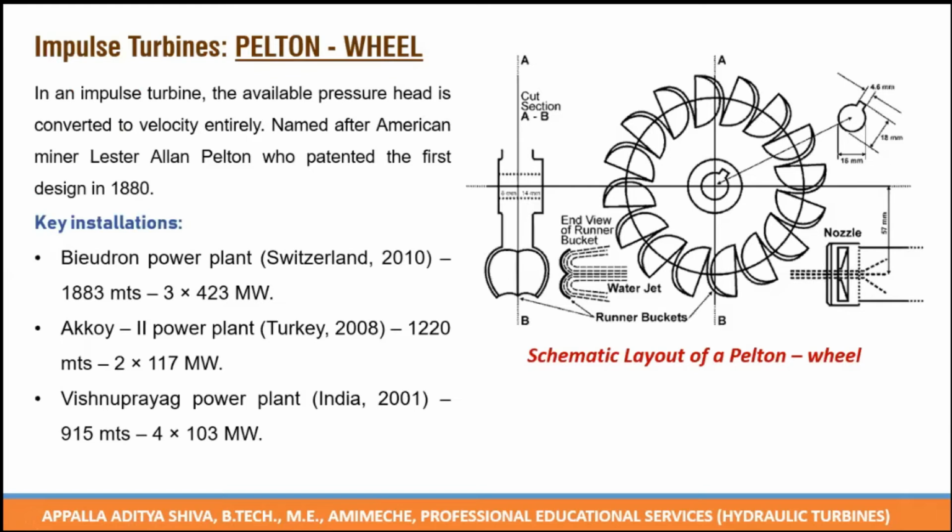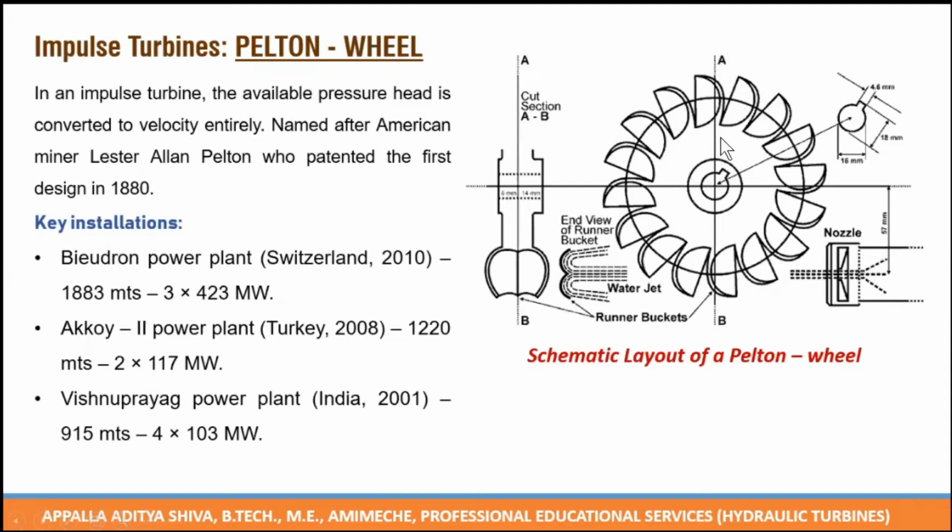As you can see, the Pelton wheel consists of a series of buckets mounted on a shaft. These buckets have a cross section in this format where water strikes the turbine and then it splits. This middle section AB is the cut section. AB represents the splitter. The jet impinges along the splitter and then travels outwards, and a number of jets are placed along the periphery of the turbine wheel.